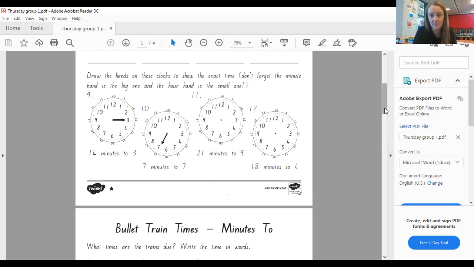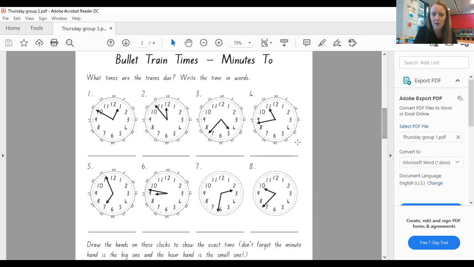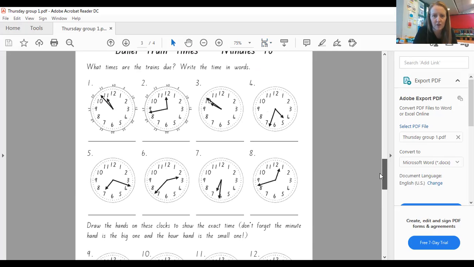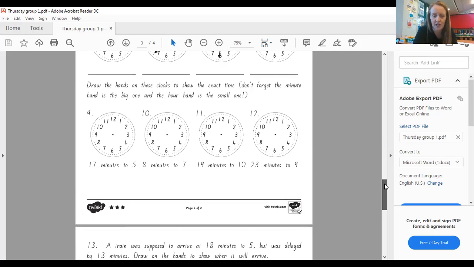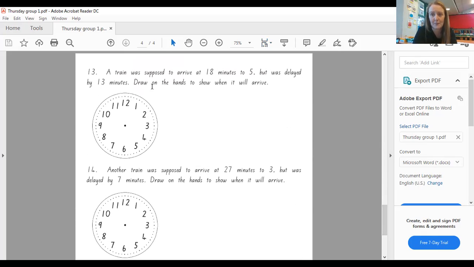If you find it okay, maybe you could move on to sheet 2, which is a little bit trickier because you have to write the whole time. If you find that okay, then keep going. Move on to sheet 3. You have to write the words and then draw the times on here. And it's actually got a little extension here with 2 problems to solve. Okay. So if you feel quite confident,